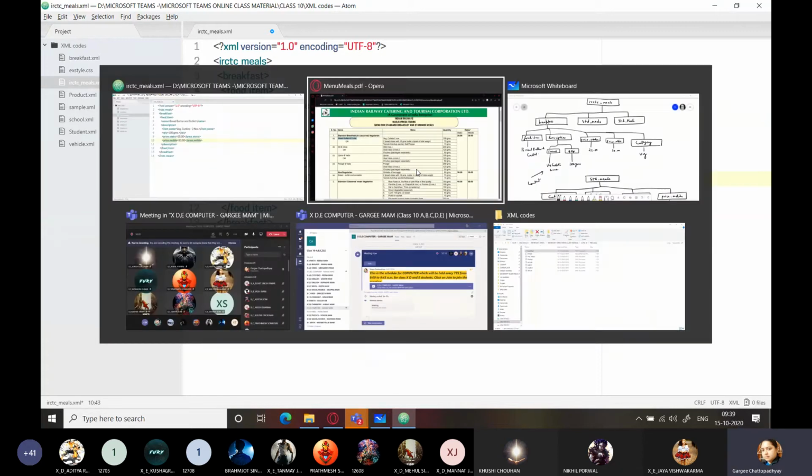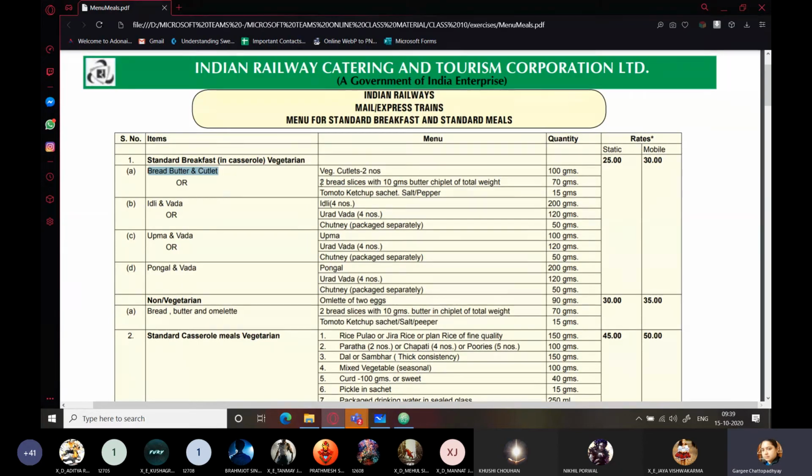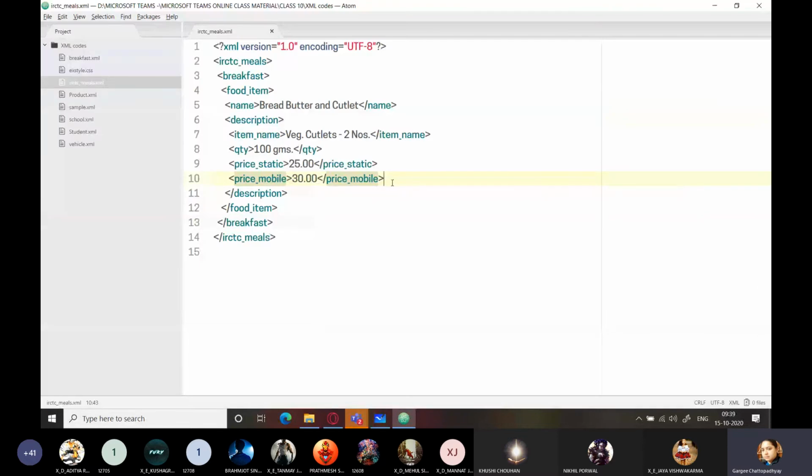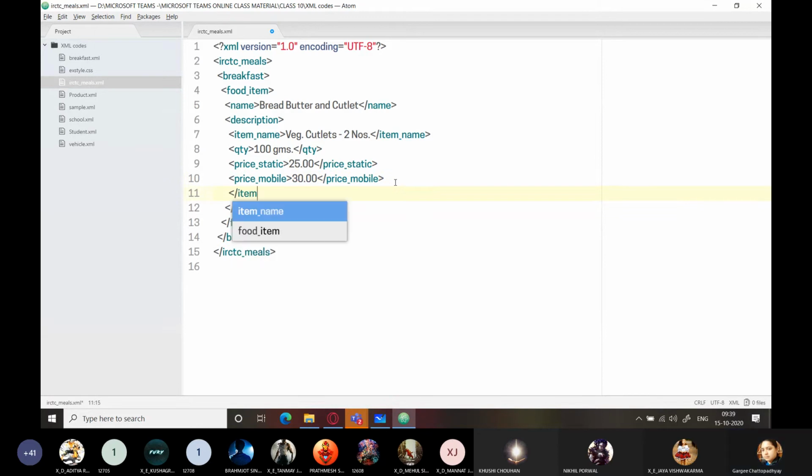Okay. And kuch aur chahiye? Yes. So over here we have the next item also. So I'm going to write that also. So I have to close this thing, that is item name. Or sorry, wait.